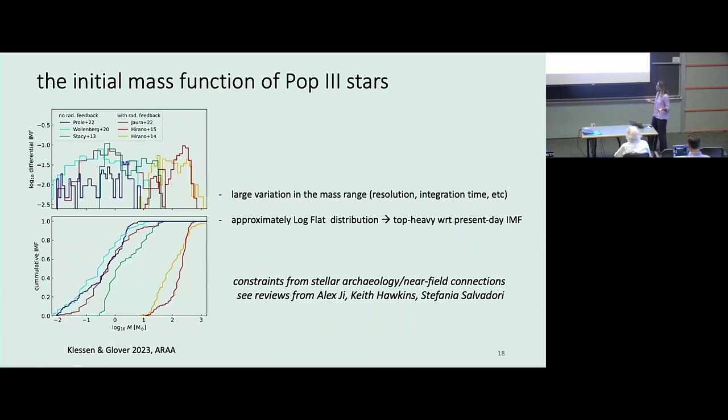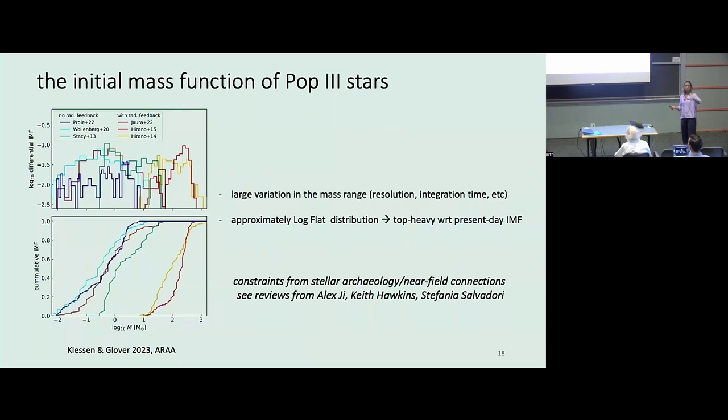And again, I borrowed this nice figure from the review of Ralph and Simon, where they select a subset of simulations and show the comparison between the predicted mass spectrum with and without the effect of radiation fields. And we can say that, of course, this depends a lot on the resolution of the simulation, on the integration time of the simulation. We have a huge variation in mass ranges, but of course,